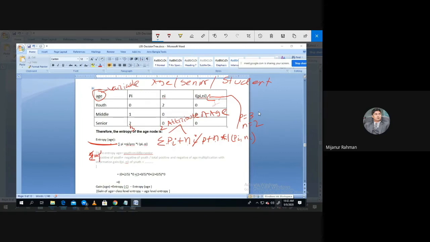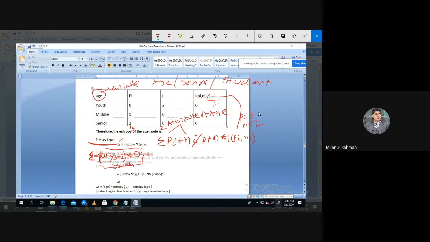ফার্স্টে পিআই হলো তোমার, আমরা ইয়ুথের জন্য যদি বলি তাহলে পিআই কত? 0। বলো এনআই কত? 2। ভেরি গুড। ডিভাইডেড বাই পি কত? এই পি কিন্তু টোটাল পি, টোটাল পি কত? 3। এই পি হচ্ছে টোটাল পি প্লাস এন, টোটাল এন হচ্ছে 2, ইনটু তোমার ইয়ুথের এই যে আইপিআই এনআই কত? 0। ক্যালকুলেশন, 0 ইনটু 0 সেকেন্ড ব্র্যাকেট প্লাস। কেন প্লাস দিয়েছি? কারণ তোমার এই যে দেখো এখানে একটা সামেশন সাইন আছে, তারপর এটা আমরা ইয়ুথের জন্য করলাম, এটা ছিল ইয়ুথের জন্য।